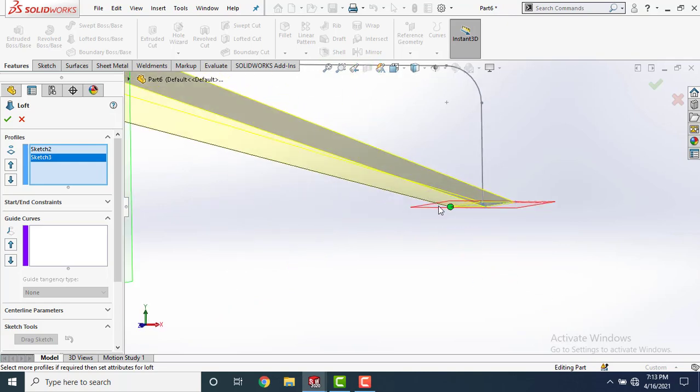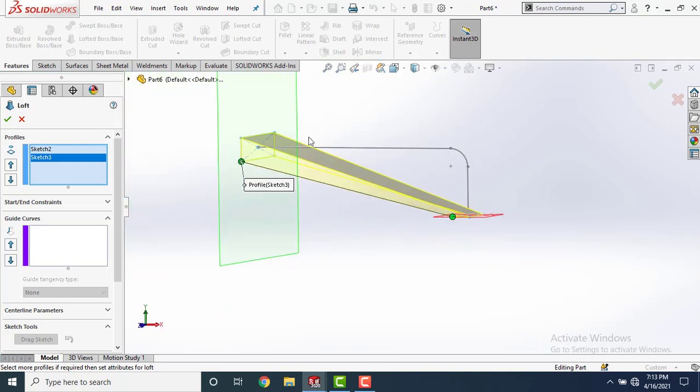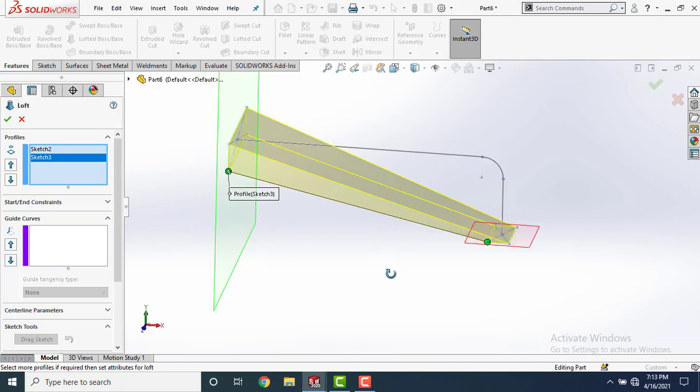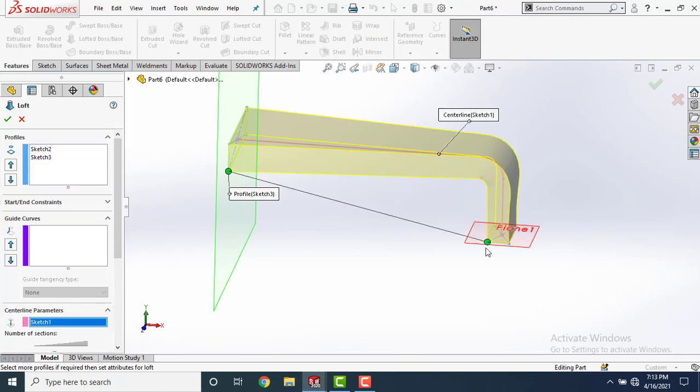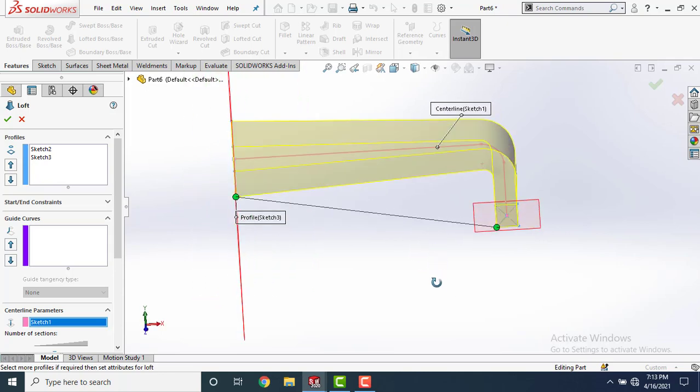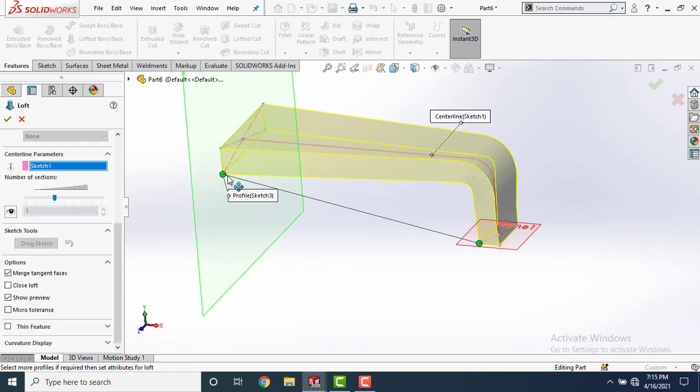Now it is okay. But it is following the straight line path. Just click on centerline parameter and in path just click on sketch 1. Now see, this feature is connecting these two rectangles following the center line. So this is the centerline parameter.